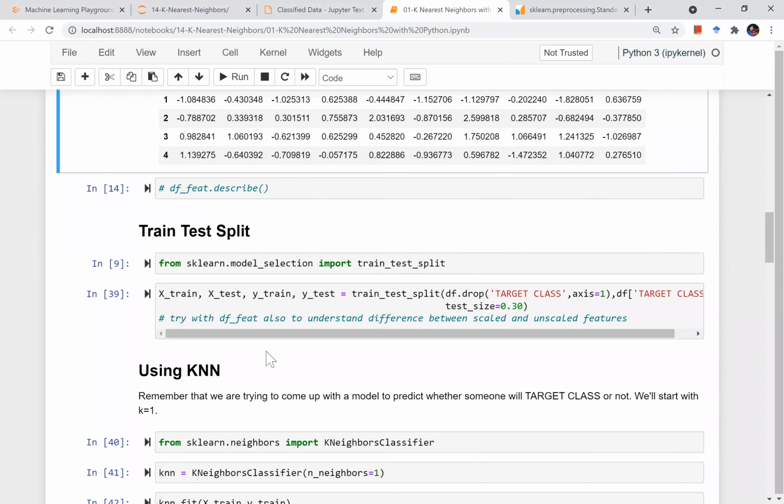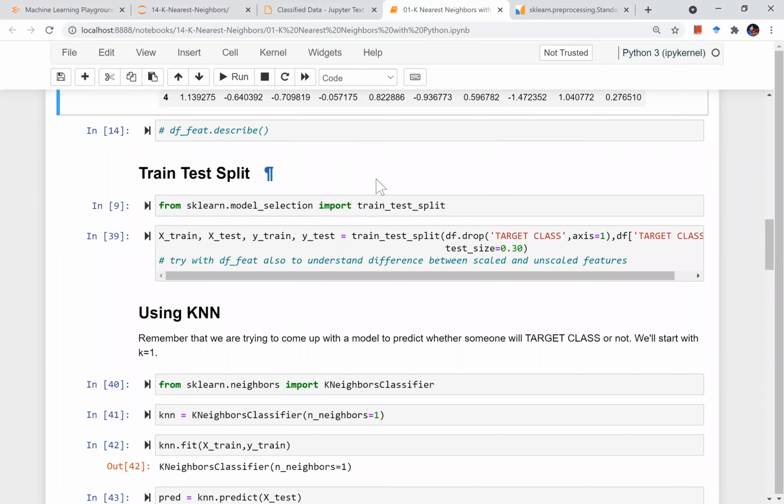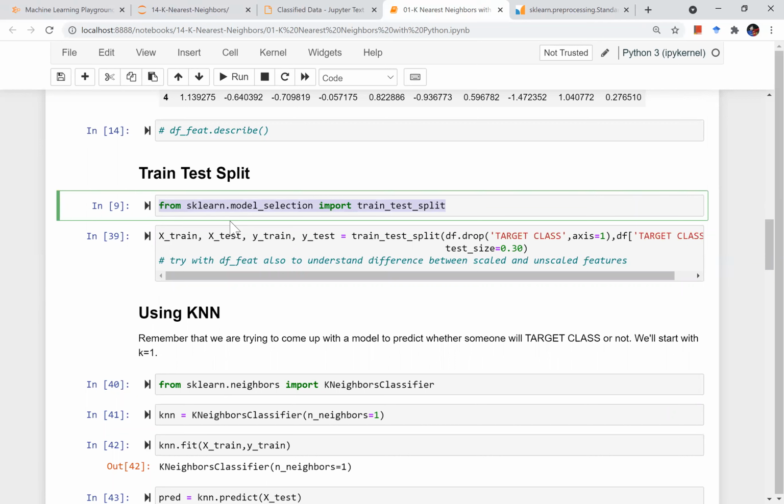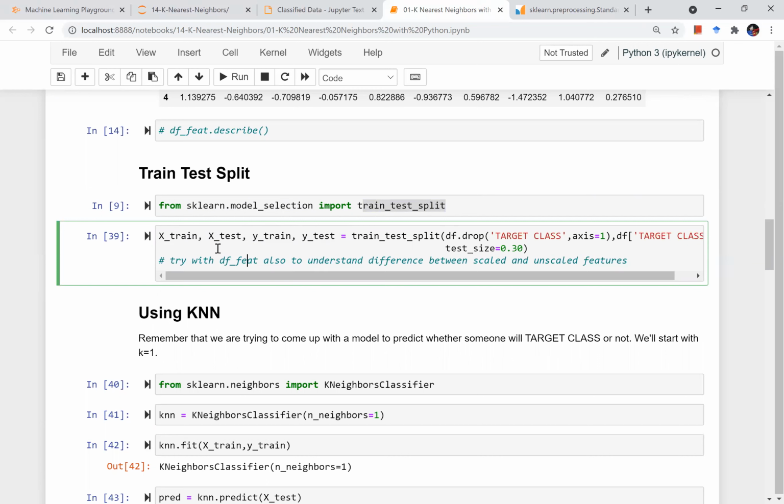Now my machine learning part comes in. Of course, the flow is that we have to divide my data into a train and test split. I can do it manually, but it's always good to use sklearn.model_selection. I'll import train_test_split and divide my data into these four variables: X_train, X_test, y_train, and y_test. Basically I divide my data set into two parts, a testing data set and a training data set. And what I am choosing from my data frame is df.drop of the target class.